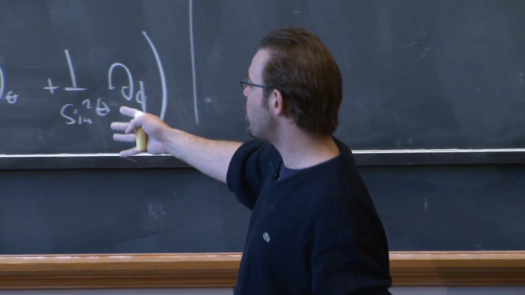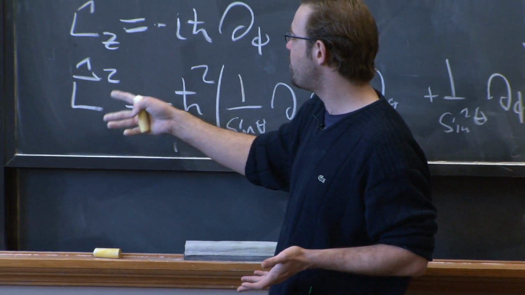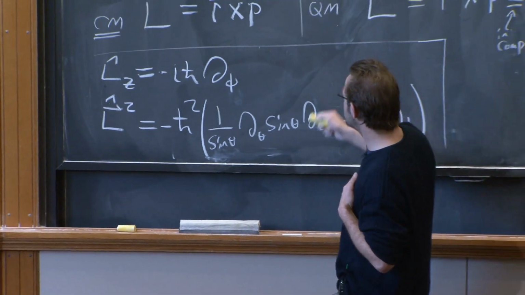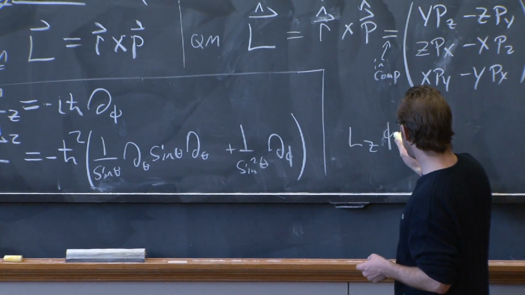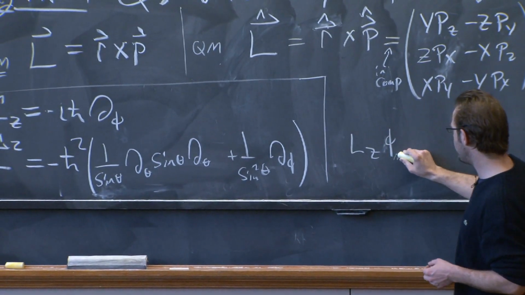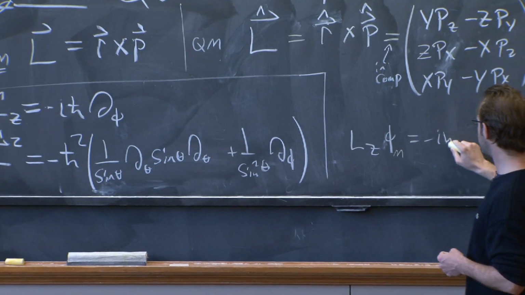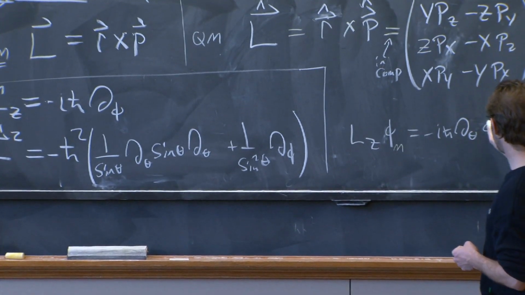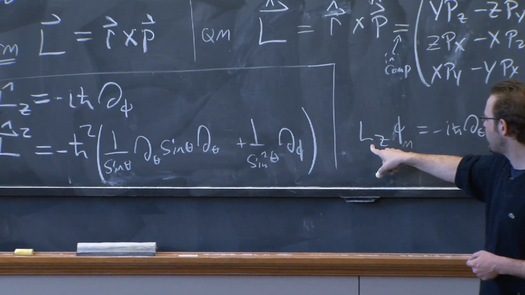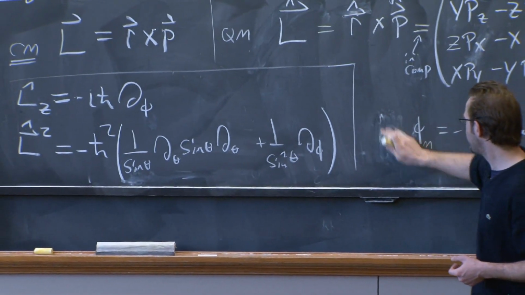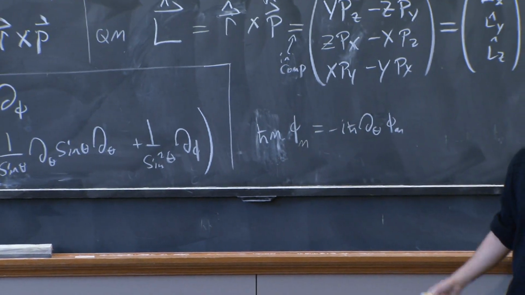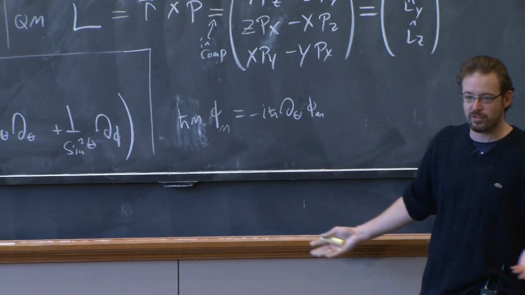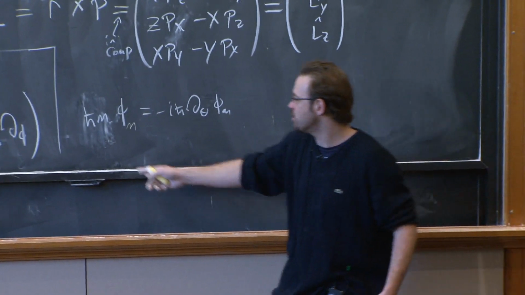You take these operators. So for example, if I ask you, what are the eigenfunctions of Lz? Well, that's not so bad, right? The eigenfunction of Lz is something where Lz on phi sub m is equal to minus i h bar d/dphi phi sub m. But I want the eigenvalue, so I'll call this h bar times some number, and let's call it m. Because Lz is an angular momentum, it carries units of h bar, and h bar times some dimensionless number, which I'll call m.